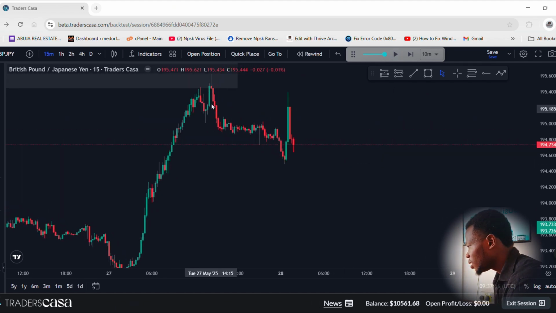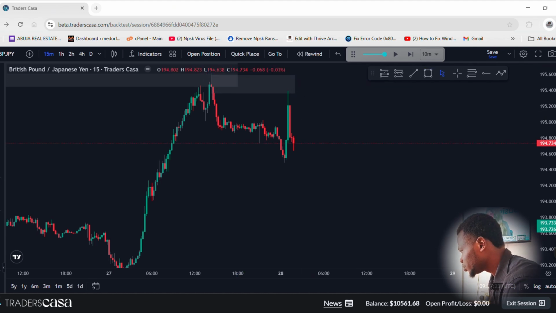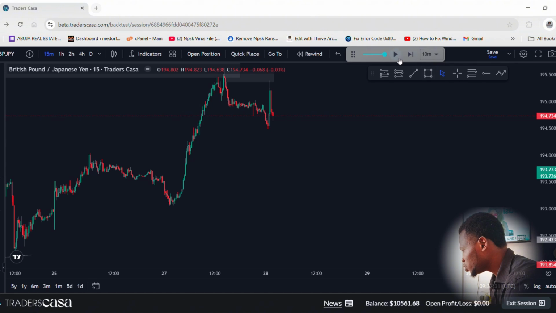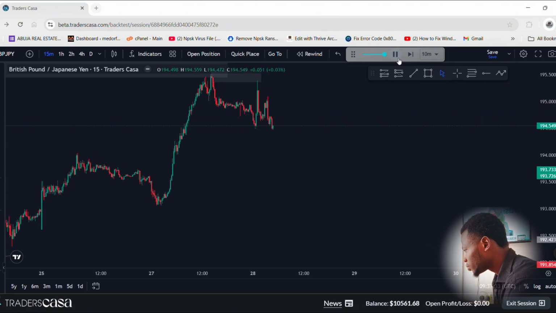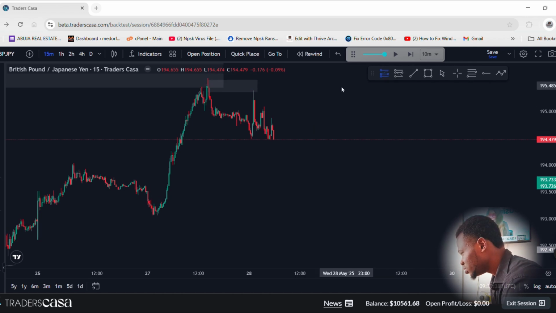Boom. Price just pushed up to fill this imbalance here, to fill up this gap, and then it has dropped. I wouldn't want to take this trade though, because it already dropped. Assuming I caught it here, I wouldn't want to take it. So let's just wait for price to give us a buy. All right, nicely price filled this imbalance. So at this point,